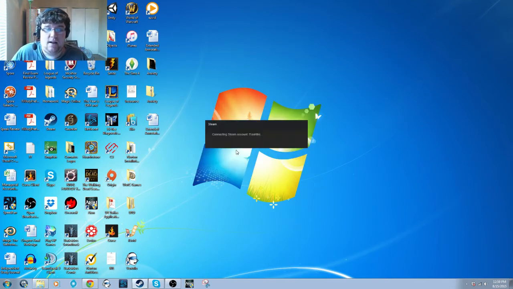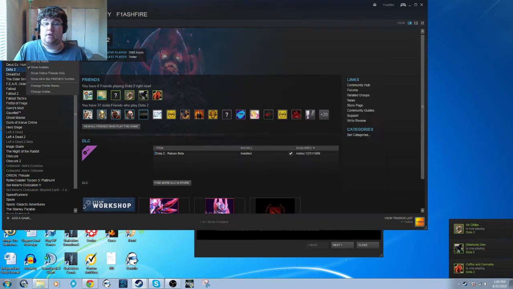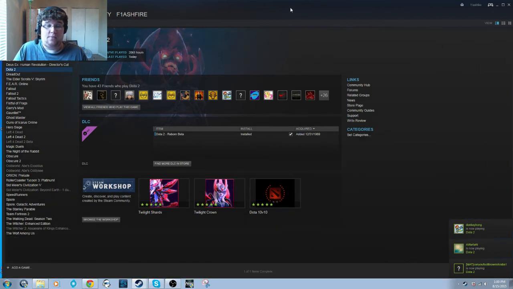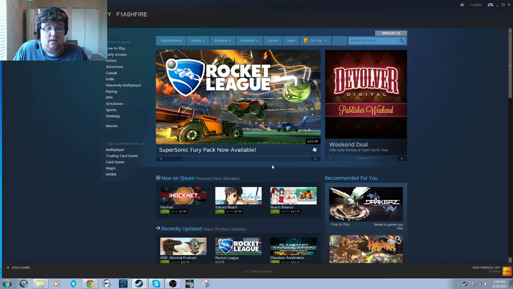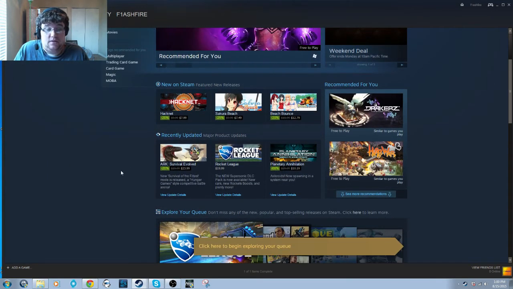And so now you are logging into Steam. Think of Steam as an app store for video games. I'm actually going to go offline here so we don't get interrupted. And this is your app store for video games. So you can go to the store here, and you can look up anything you want. These are some new games on Steam right here. Recently updated ones, because there's a lot of games that are still in their alpha build, which means they are